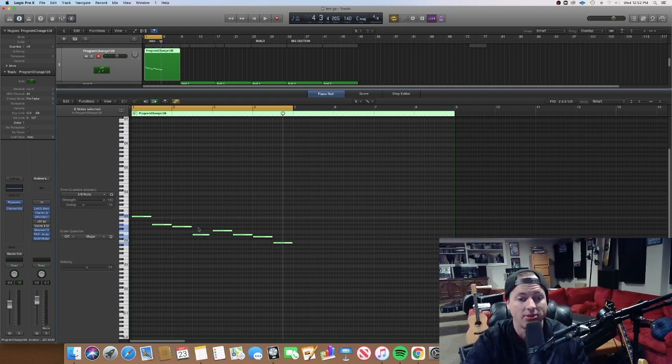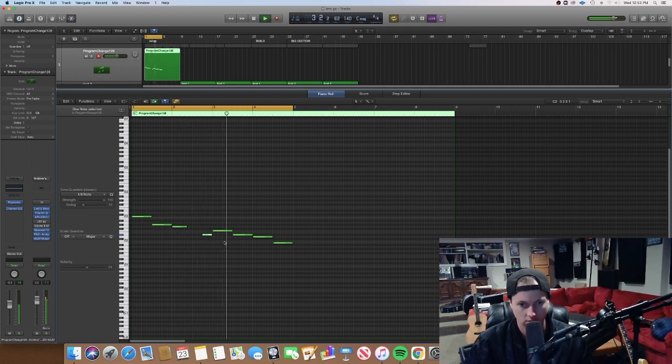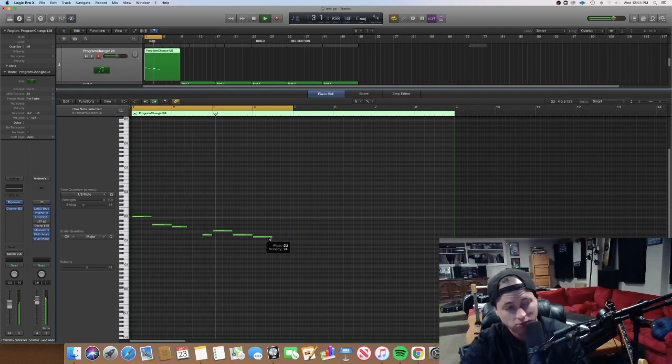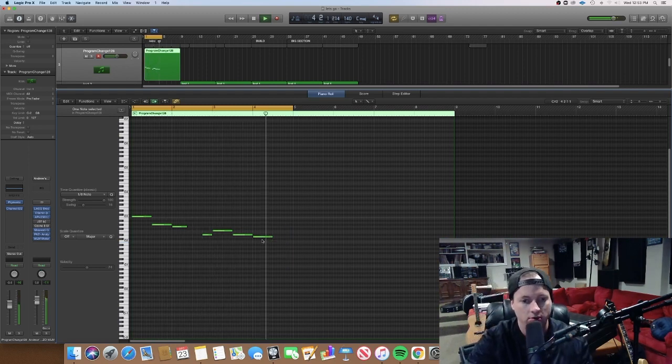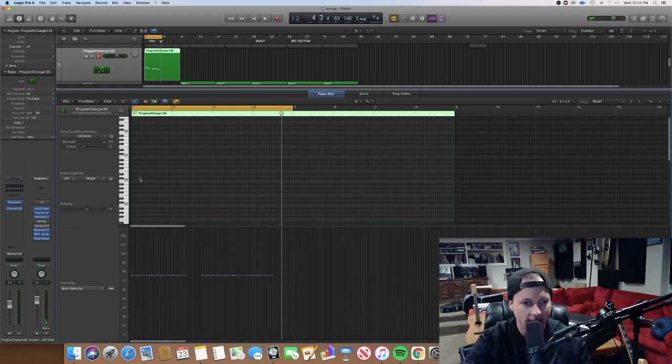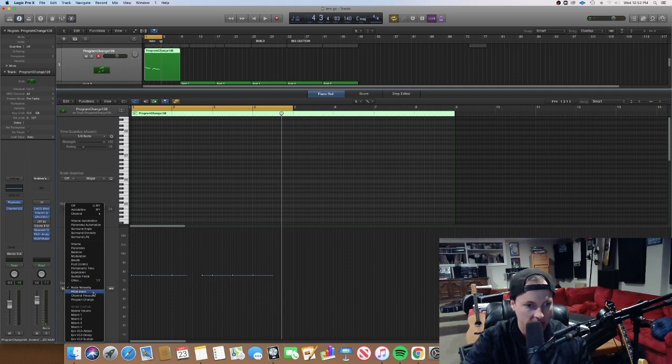I want to add probably some silence, like here, so that this part is the question. Maybe I take it to a quarter note. Maybe I get rid of that last note. Cool. So let's show you how you can make a melody like that a lot more interesting with some pitch